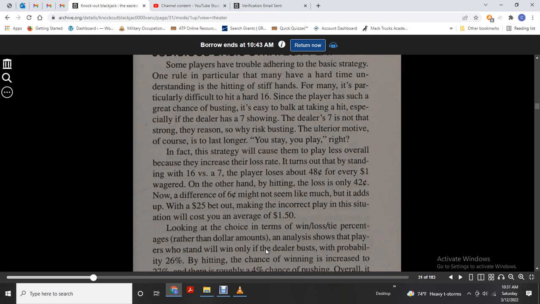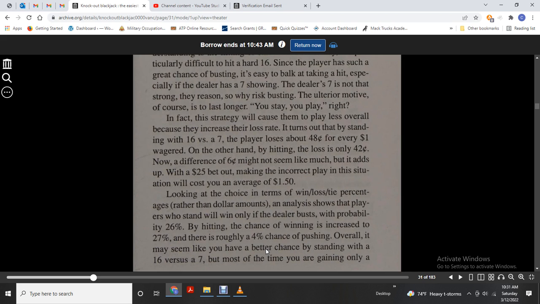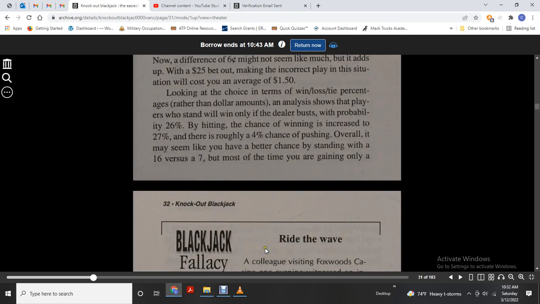Looking at the choice in terms of the chance of loss and tie percentage rather than dollar amounts, analysts show that if the player stands, winning relies only on the dealer's busting probability of 26%. Hitting and chancing on winning increases that to 27%, with a roughly 4% chance of pushing overall. That may seem like a better chance than standing with a 16 versus a 7. Most of the time it would gain only a